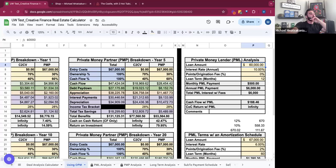Orlando is a good example for that. Great cash flow, but not going to appreciate as much. Sure. I mean, I would say yes, but then there's markets that are more in the middle. For example, that's why I love my Georgia, North Carolina, South Carolina deals, because they're kind of in the middle. You're getting both cash flow and appreciation, but not as much of either as you could in